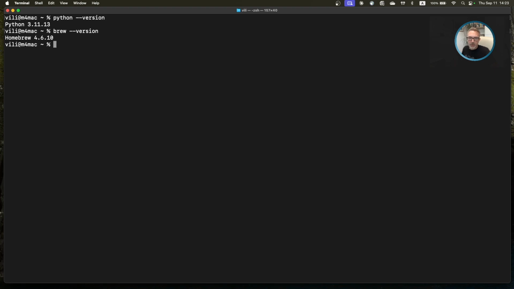Next thing we need to check is our container environment. And since we are on a Mac, we are going to be running Colima. Colima is a lightweight container runtime environment for macOS that lets you run Docker and Kubernetes using Lima virtual machines under the hood.